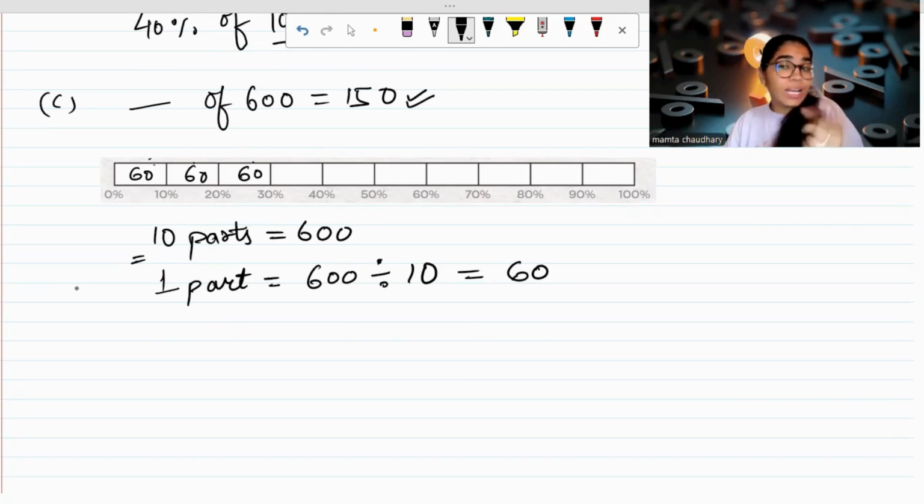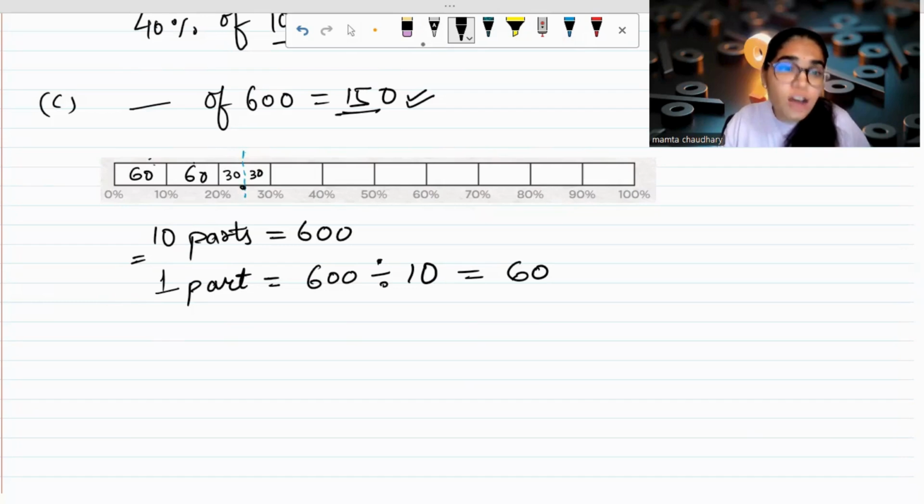Oh, but we have to take less than 180, no? We have to take 150. So what do we have to take? Instead of 60, here we have to take 30 only. Right? But this block consists of a total of 60. So how can we take 30? We will divide it into half. Yes, absolutely correct. So we'll divide this block into half. If you divide this block into half, here it is 30, here it is 30, right?